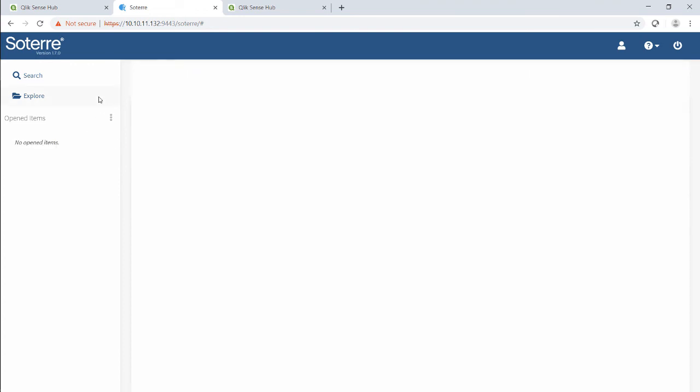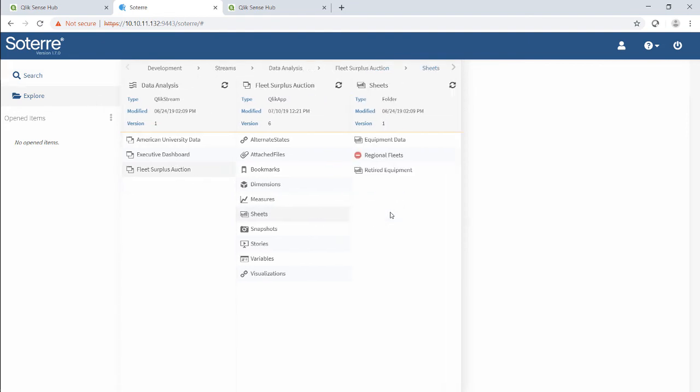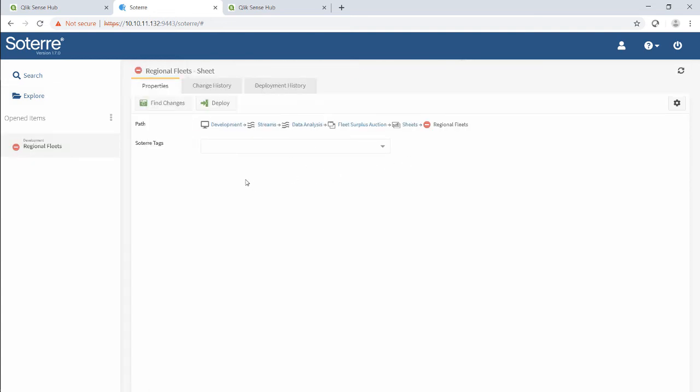So I'm going to close out and start from the beginning again. Click on this explore thing. We have the app right here. And if I go to sheets, you'll see that this regional fleet sheet has been deleted, and there's a symbol next to it, so we know that it's been deleted. And I'm going to open this up,